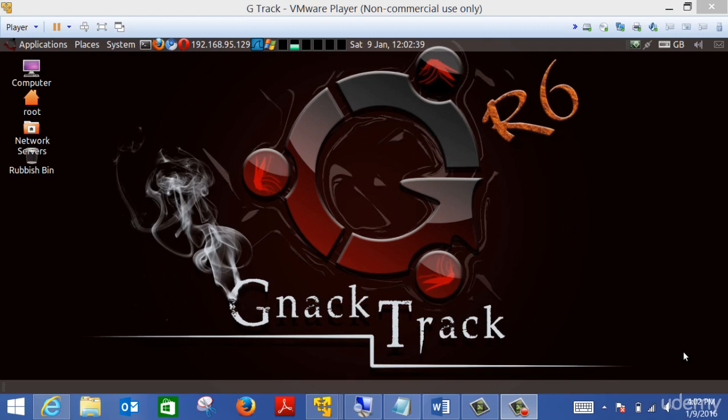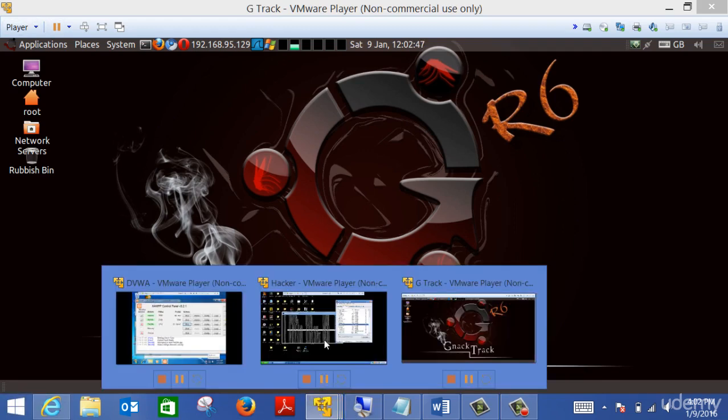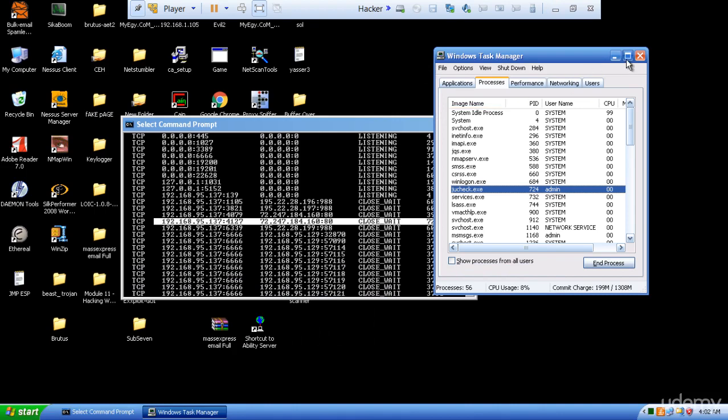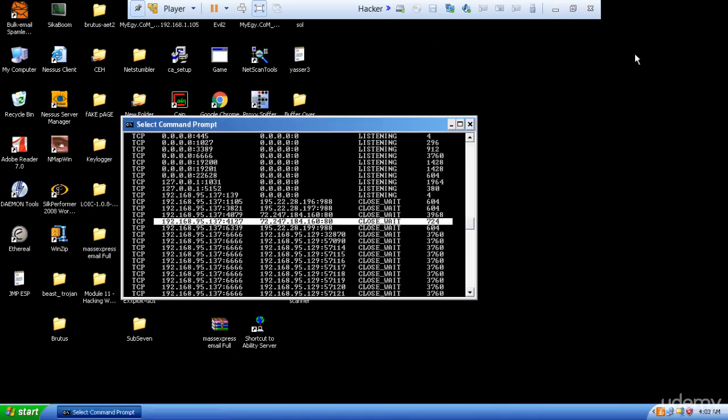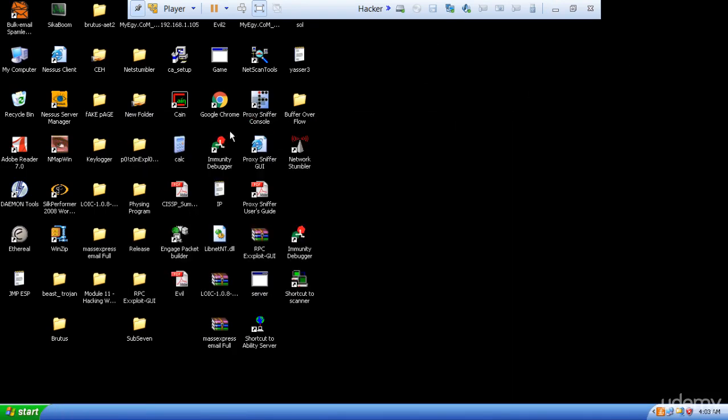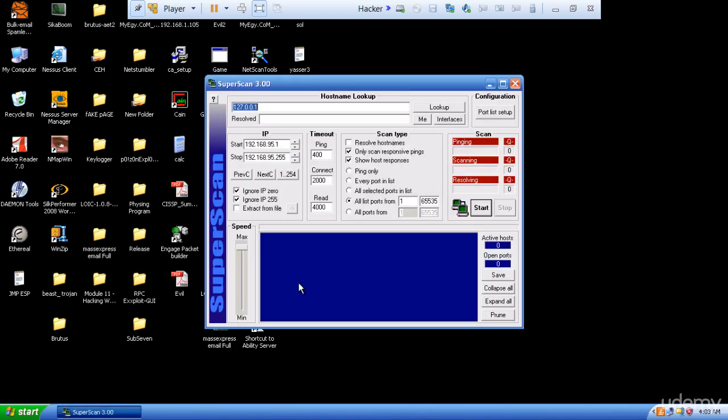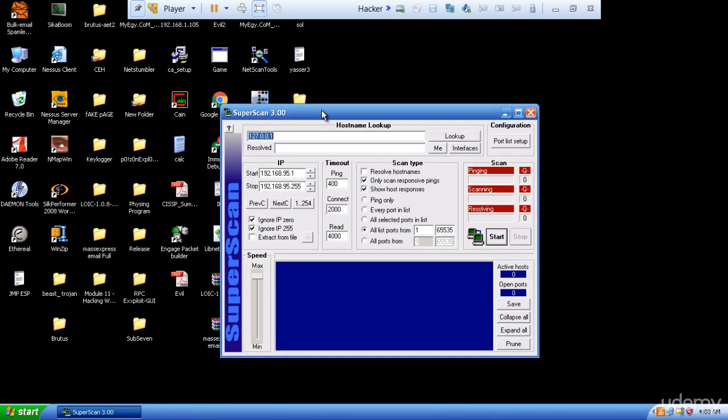But scanning has different techniques. We're going to explain the techniques later on, but in this video I just want to introduce you to a very, very powerful tool for scanning. Let me show it to you. We have a tool here called SuperScan. This is a nice graphical tool, free, and you can download it. It does many things. It does ping sweeping, so it can scan a range of IPs. In my case I'm asking it to scan from 192.168.95.1